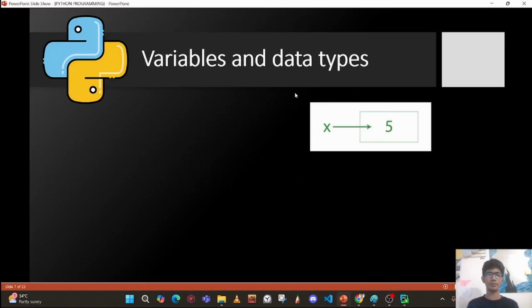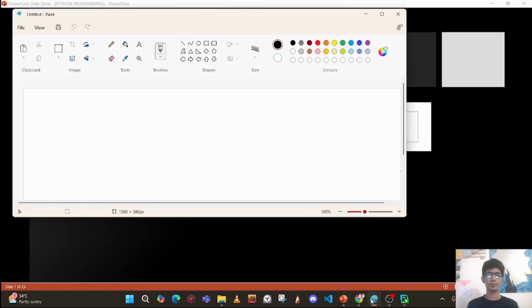Variables and data types. What is a variable? When the value of something changes, we call it a variable, like our age, your phone number or roll number, etc. We use variables to store data in computers. For example, if we imagine this box